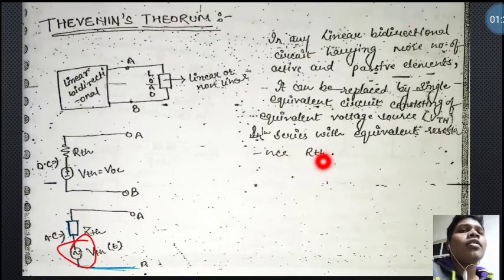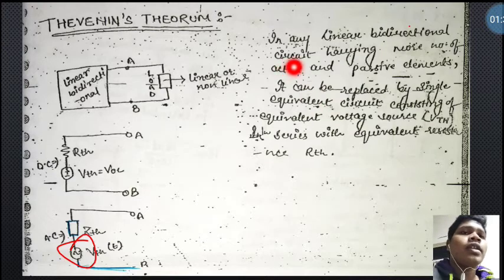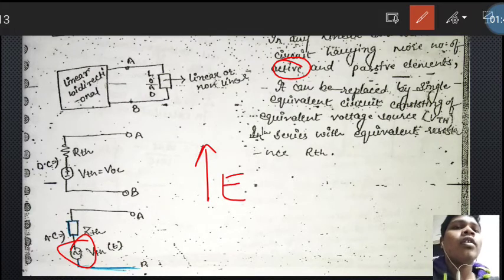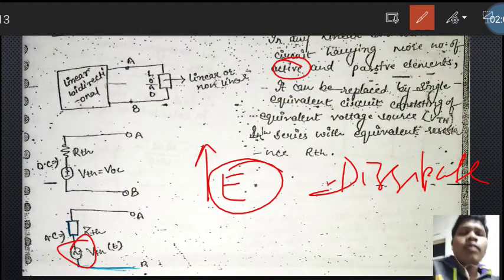I have already told you at the beginning of this network theory lecture about linear elements, bidirectional elements, and active and passive elements, but let me remind you of those things. What is an active element? An active element can deliver energy or store energy, while a passive element dissipates energy. Which elements are active and which are passive?